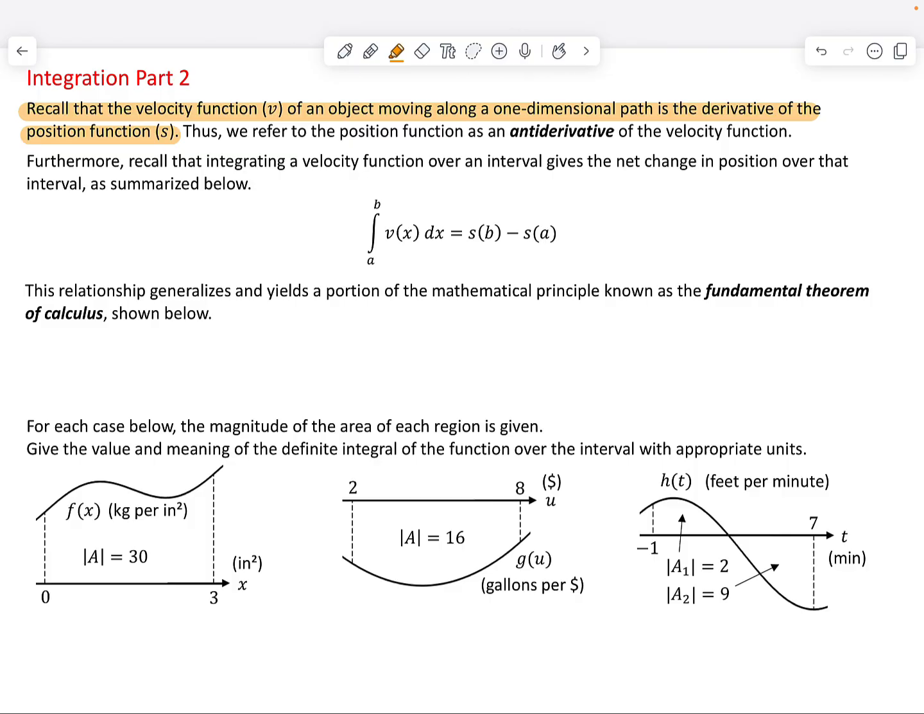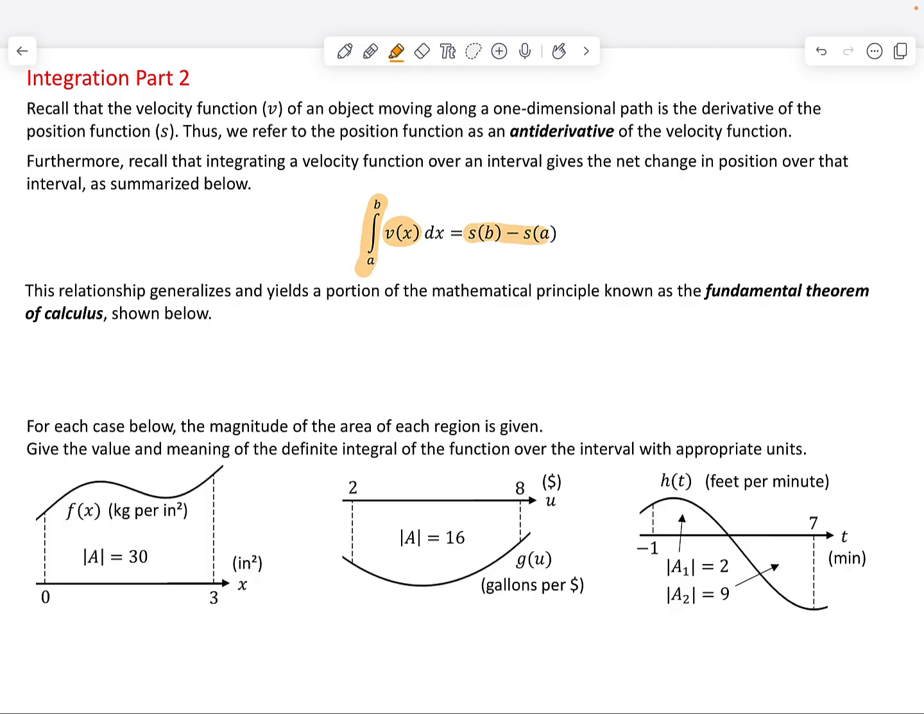Recall that the velocity function v of an object moving along a one-dimensional path is the derivative of the position function s. Thus, we can refer to the position function as an antiderivative of the velocity function. Velocity is the derivative of position, therefore position is an antiderivative of velocity. Furthermore, recall that integrating a velocity function over an interval gives the net change in position over that interval, as summarized below. In our last lesson, we explored some velocity functions that we integrated over an interval, and the conclusions